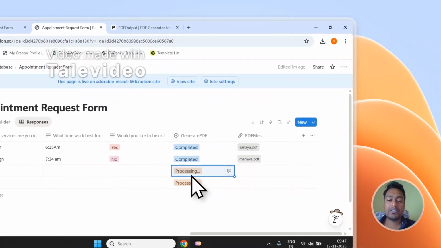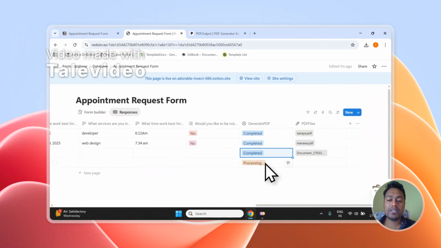And you can see it has already started processing the files while we were discussing, and it will automatically create the file over here and it will save